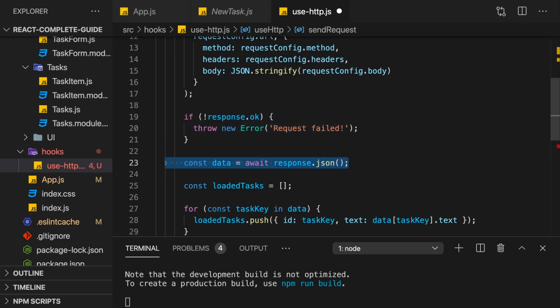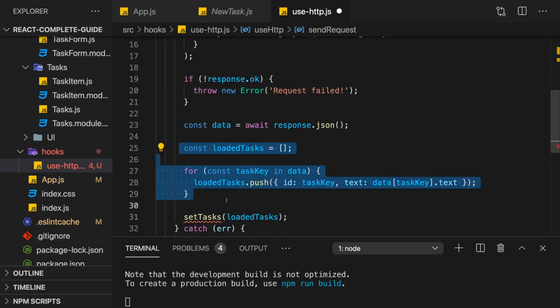I am assuming here that we're always working with JSON data, so I will not make this hook super generic to work with any kind of data. I will limit it to JSON data, because everything else would be far beyond the scope of this course. And therefore, I will keep these steps here, but the transformation and so on, and what we do with the data in the end, that, of course, is then, again, highly specific